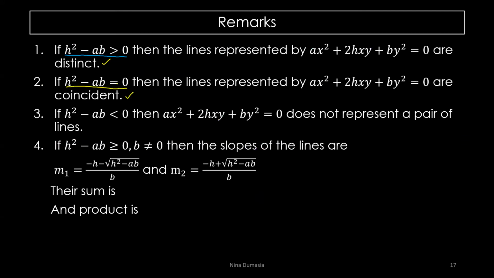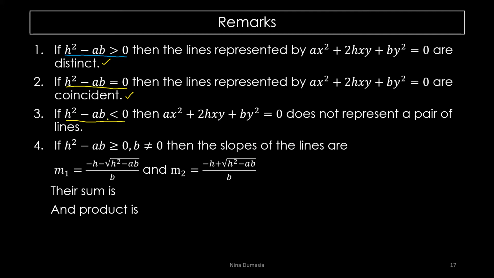So if it is greater than 0, distinct. If it is equal to 0, coincident. But it does represent a pair of lines. लेकिन अगर h square minus ab is less than 0, then it does not represent a pair of lines. Now, if h square minus ab is greater than equal to 0 and b is not equal to 0,